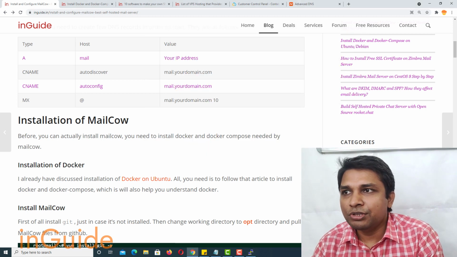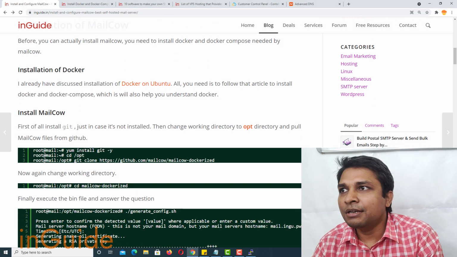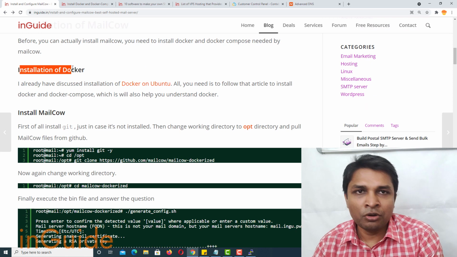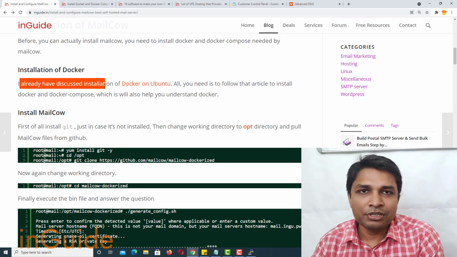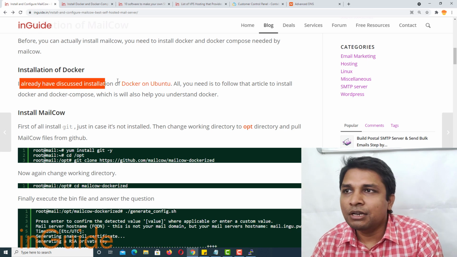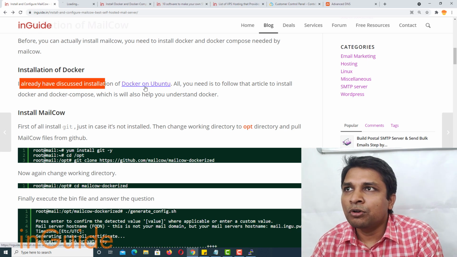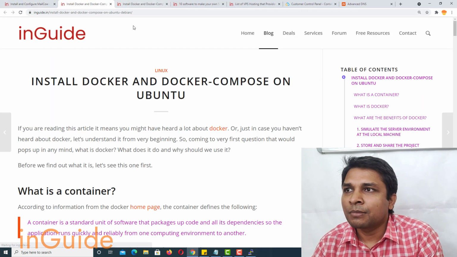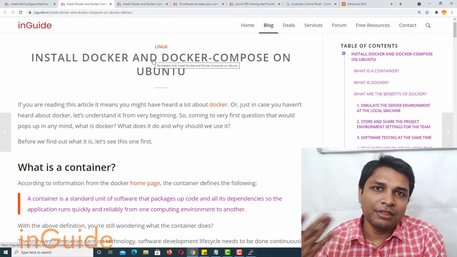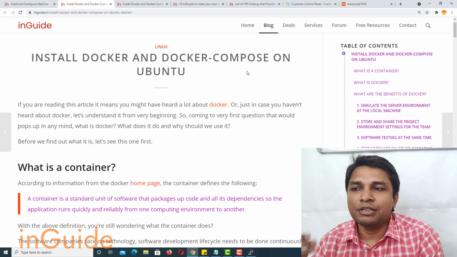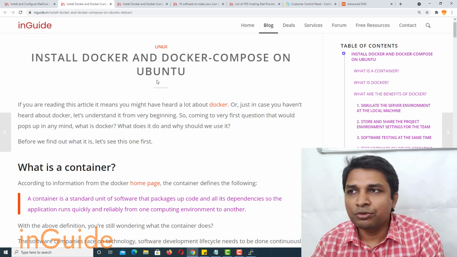Next step is to install MailCow, and for that you need to install Docker first. I already have discussed the installation of Docker in a separate article, and we are going to follow that. This article tells you everything about Docker and why it is being used and how you can use it.